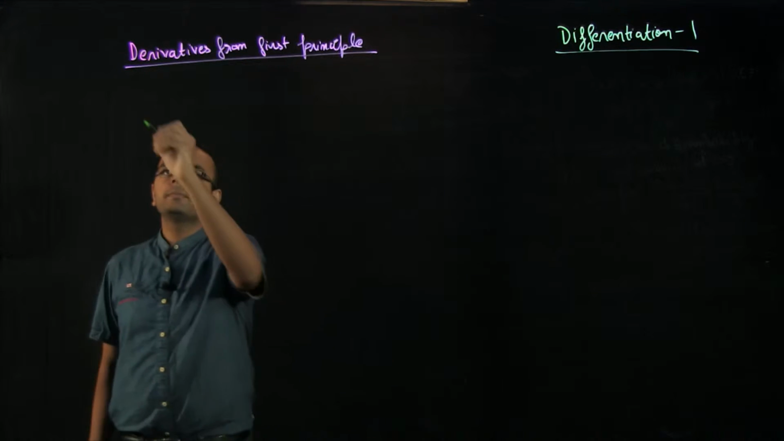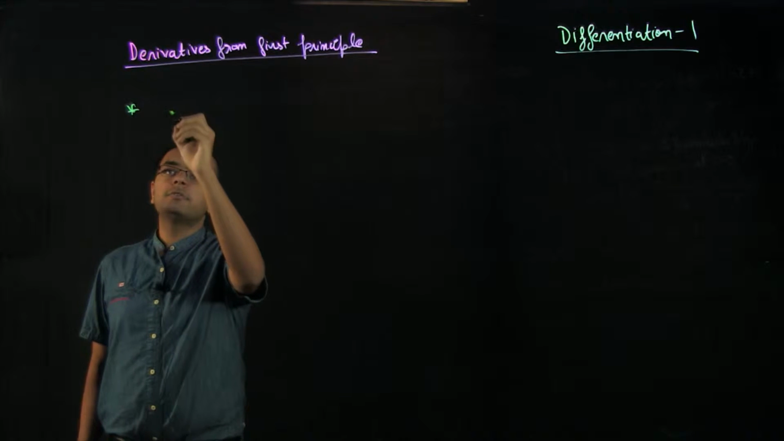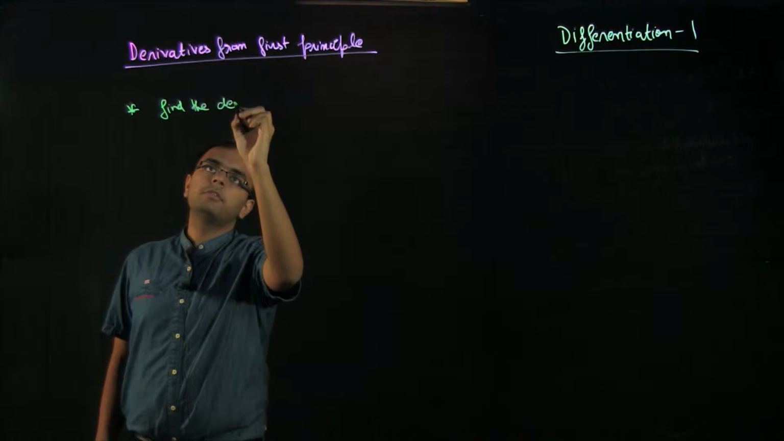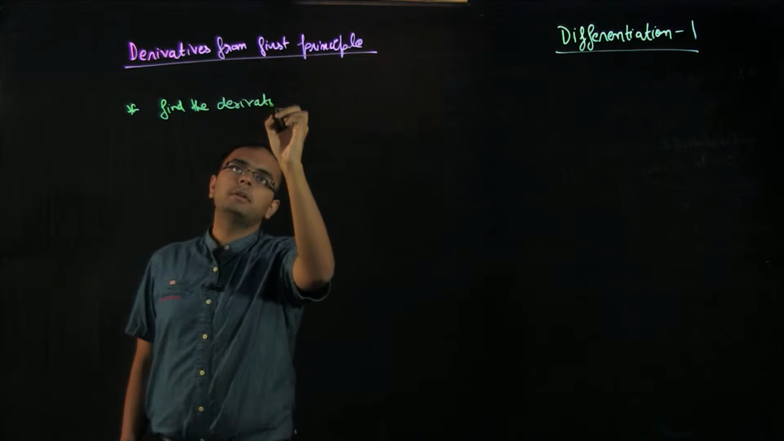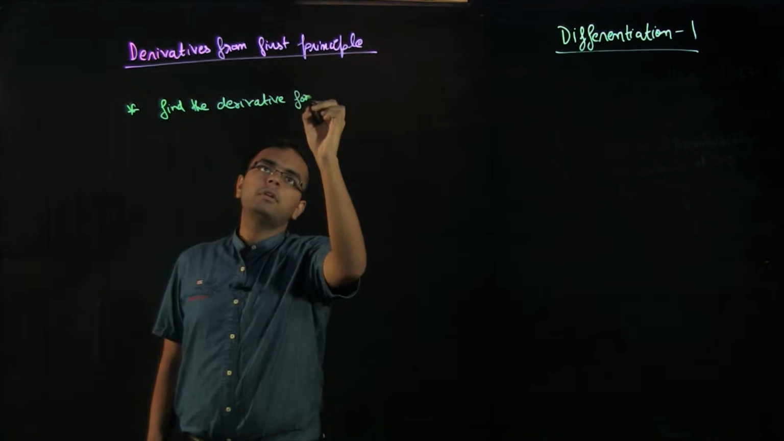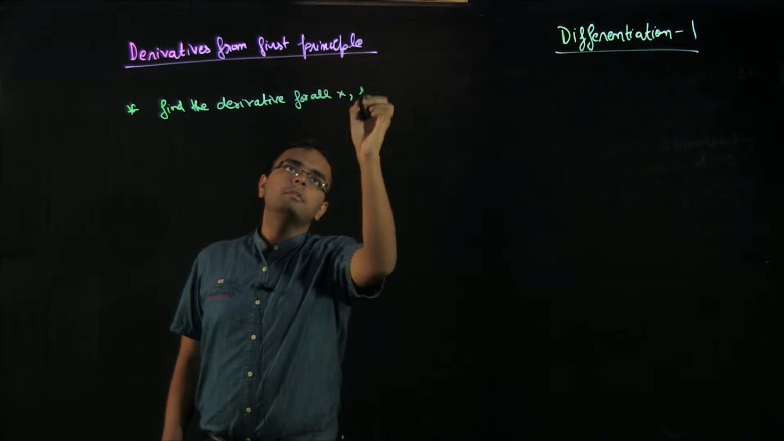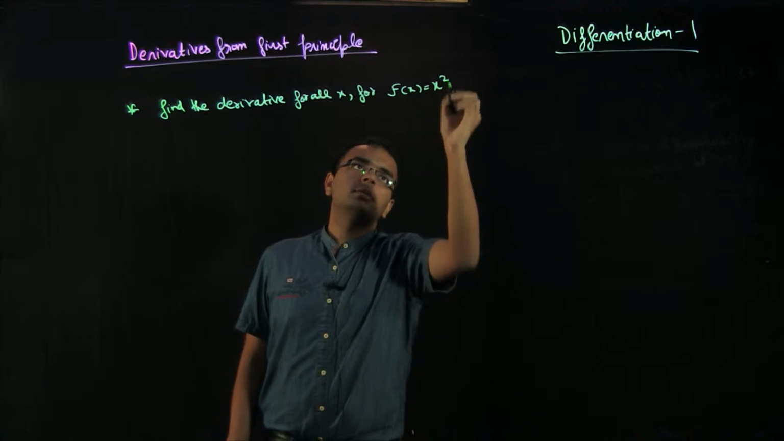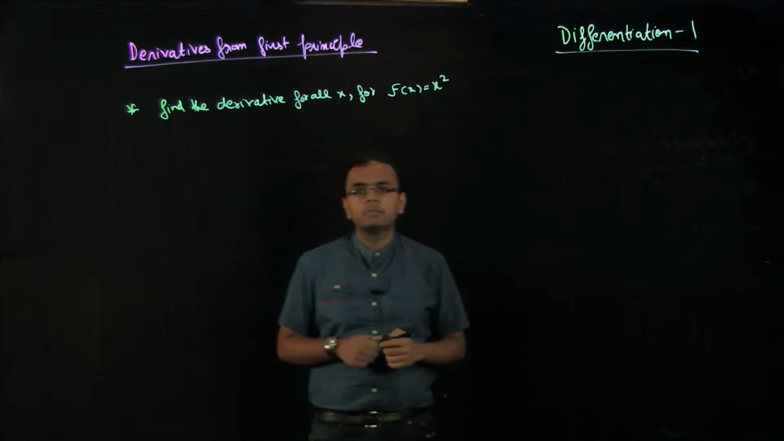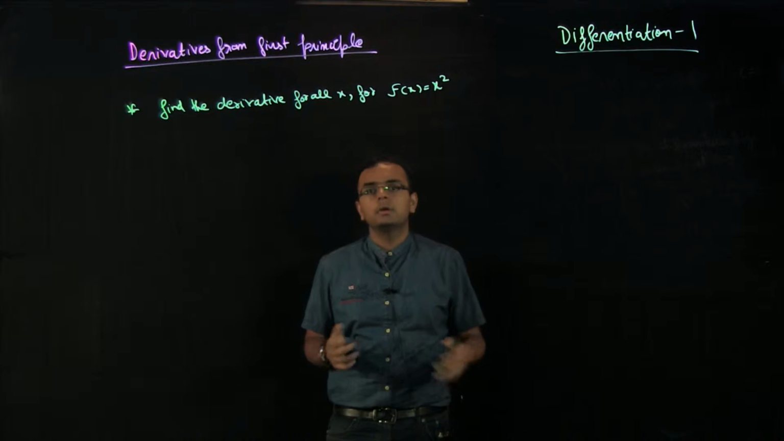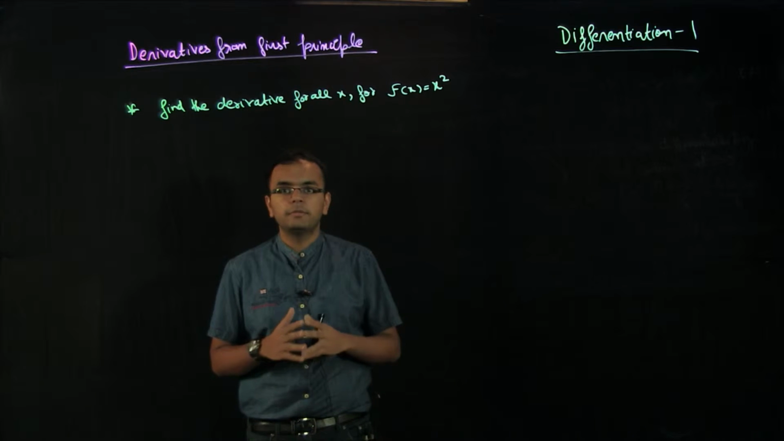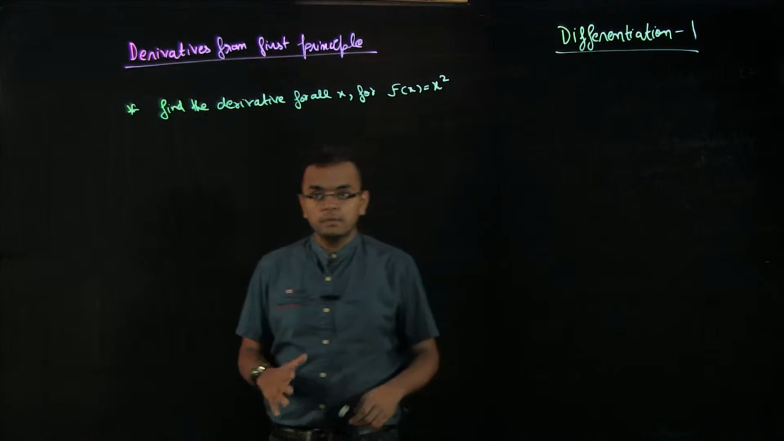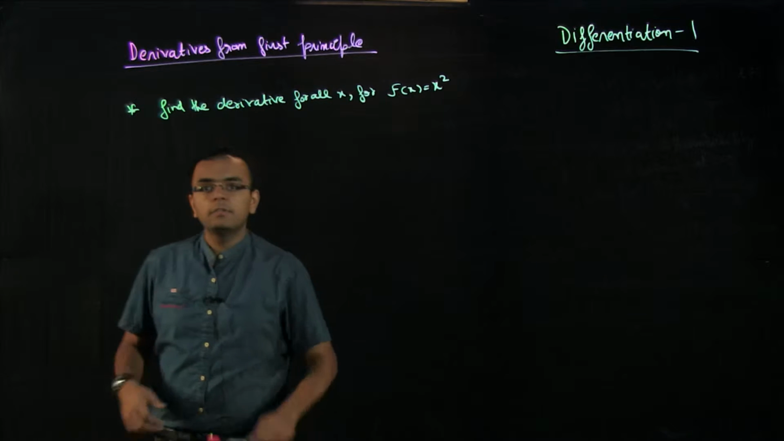For instance, we have been asked to find the derivative for all x, not just at one point, for f(x) equal to x square. Okay, so we know that x square is a polynomial, and hence it is differentiable for all points. So we do not need to really worry about LHD and RHD. We can just directly write the derivative. So in general,